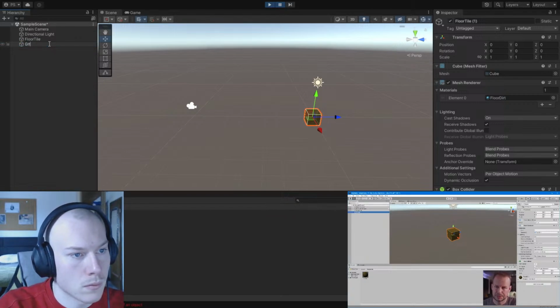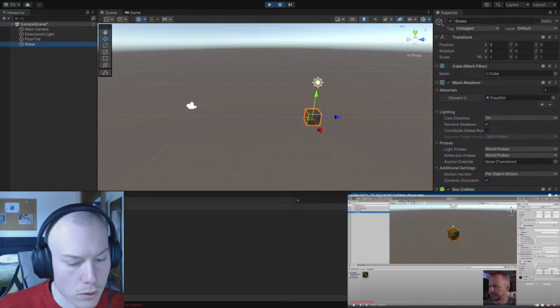And then we also need to make a grass material. So let's click. You don't actually have to F2 on this. You can just